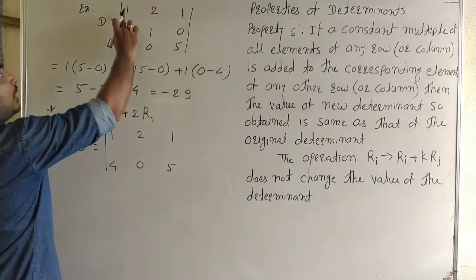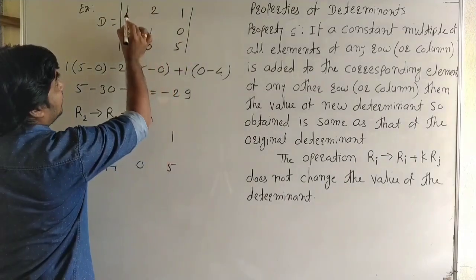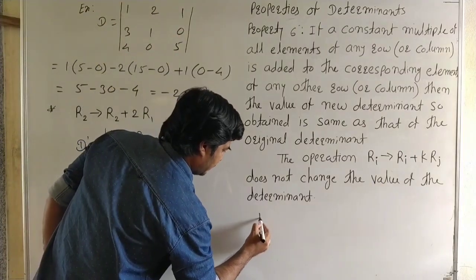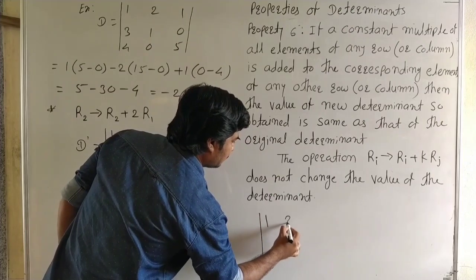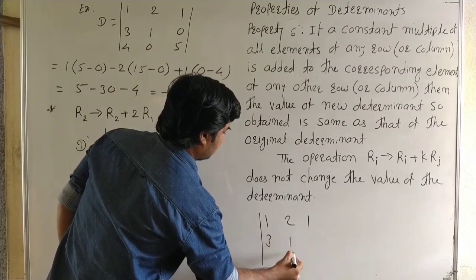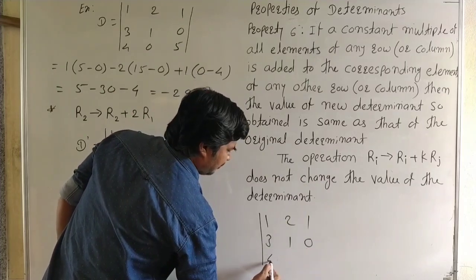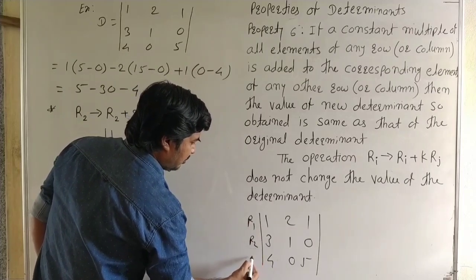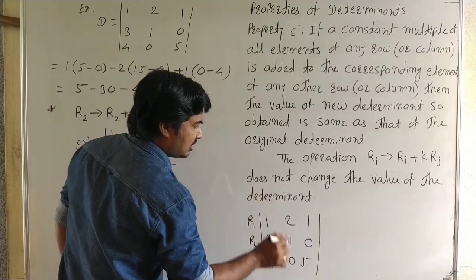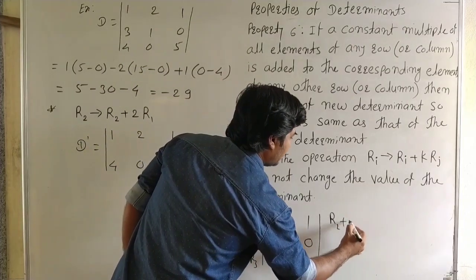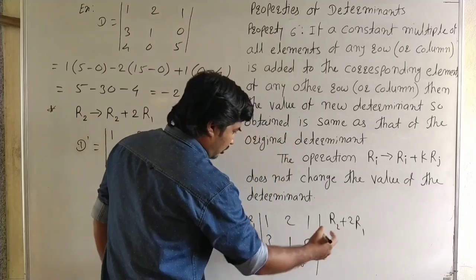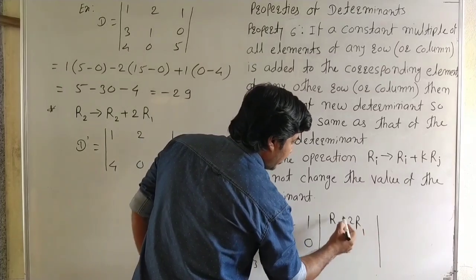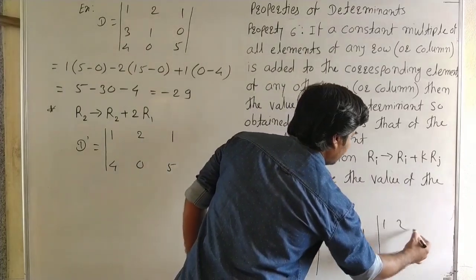Okay, when we multiply row 1, see carefully, in row 1 there are 1, 2 and 1. When we multiply by 2, we get here, see carefully, the original determinant with rows 1 2 3, 4 0 5 and so on. It is R1, R2 and R3. The transformation is R2 plus 2R1. So the obtained determinant, see carefully, for R1 as it is 1 2 and 3, R2 as it is 4 0 5, but